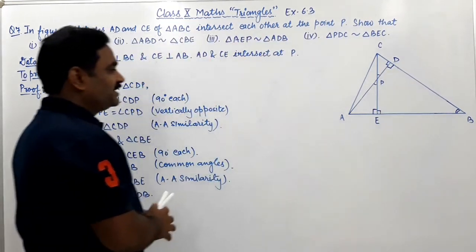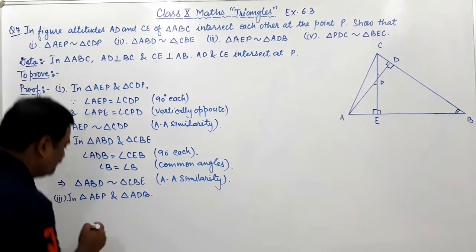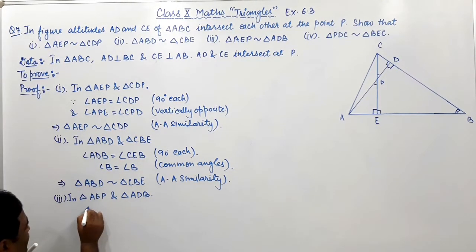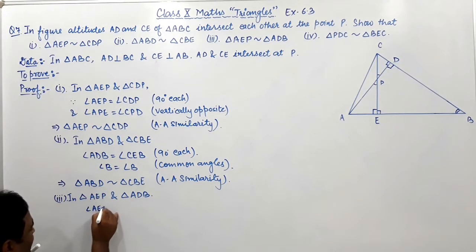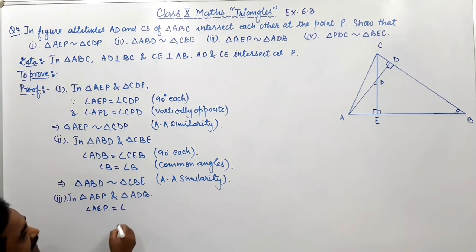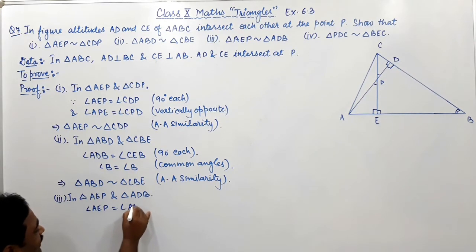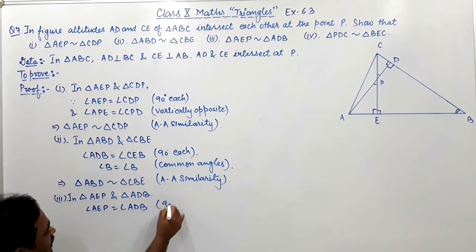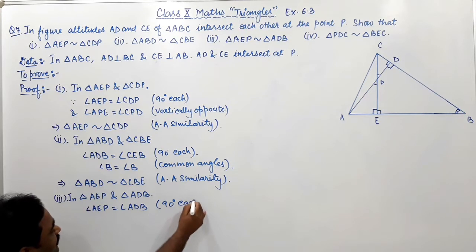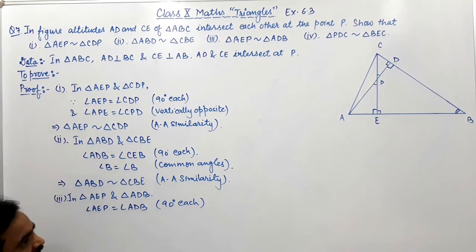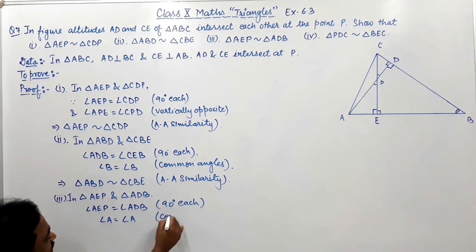Okay, so you just write down angle AEP is equals to angle ADB, they both are 90 degree each. Okay, दोनों एंगल 90 डिग्री एंगल है. Now in these two triangles angle A is common, so you can write angle A is equals to angle A, which is common angles,